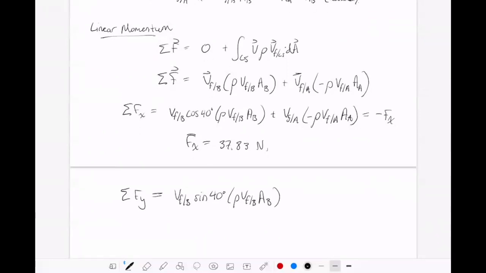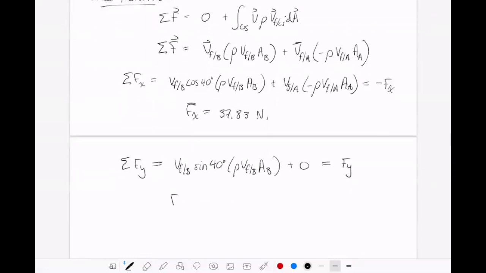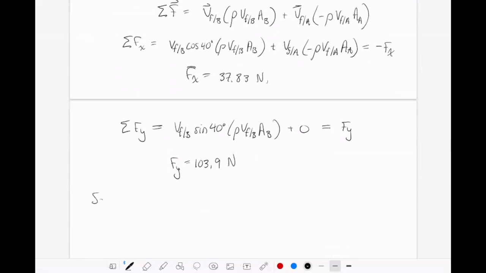And our second term, we don't have any component of the velocity at point A that is in the y direction, it's just horizontal. So that's equal to 0. Our second are at our inlet, and this is equal to Fy, because we drew Fy in the positive y direction. So we have Fy is equal to 103.9 newtons. So our total force